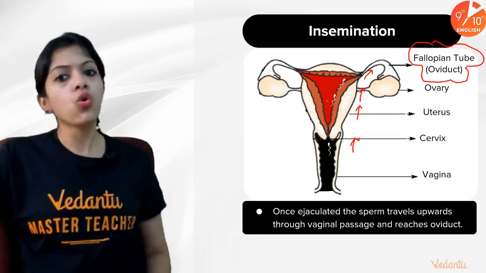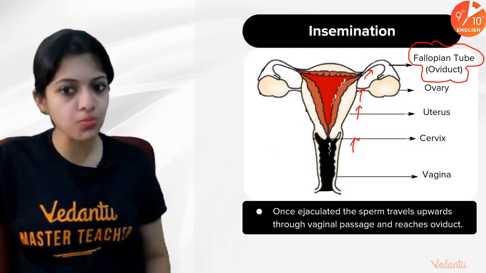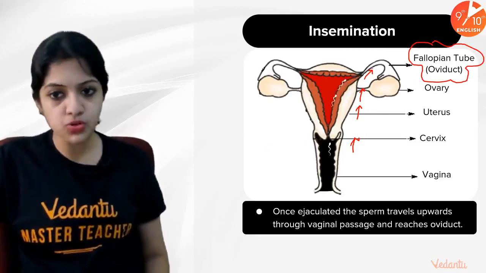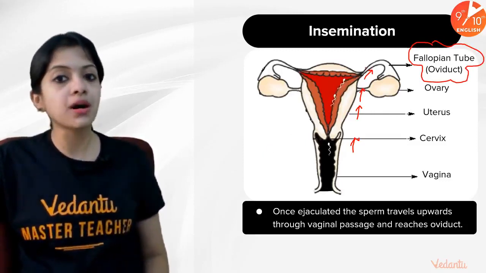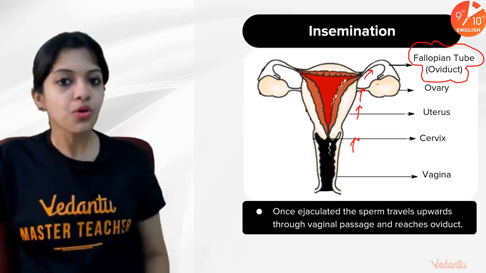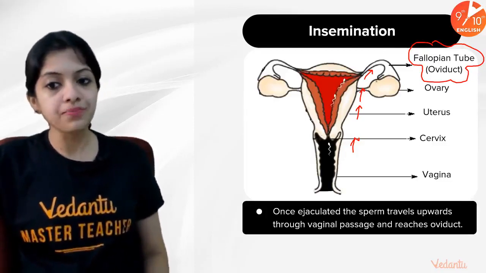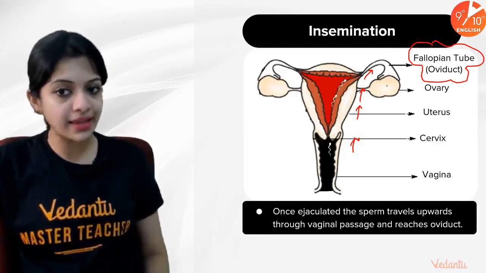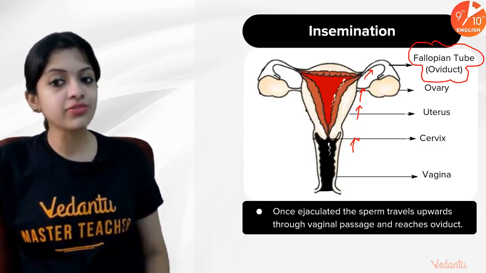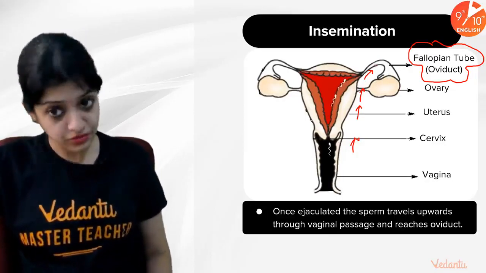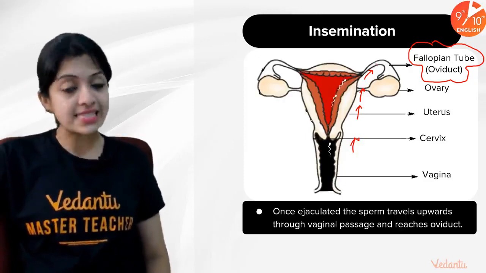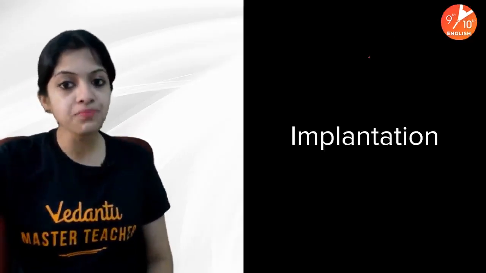Right. So who is waiting there in the fallopian tube? There is somebody very, very important waiting in the fallopian tube, who the sperms are all competing with each other to meet. That is the ovum. Okay, so the ovum, after release by the ovary, is actually in the fallopian tube or the oviduct. And the fallopian tube or the oviduct is hence the place where fertilization occurs.